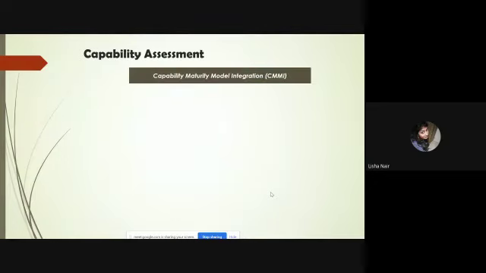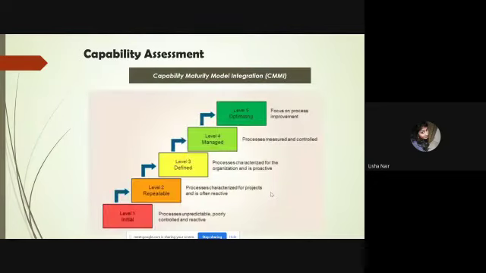Then we have capability maturity model integration, which is nothing but assessing the capability of the software. We have different levels of this capability. When you see level 1, which is the initial level,